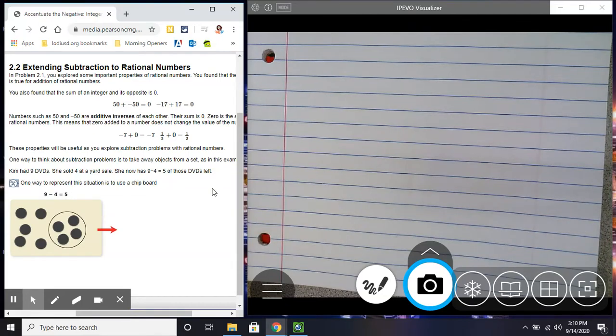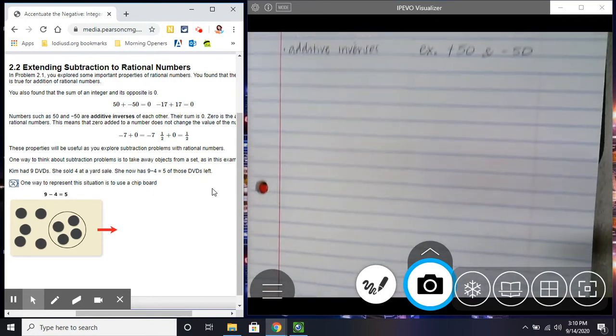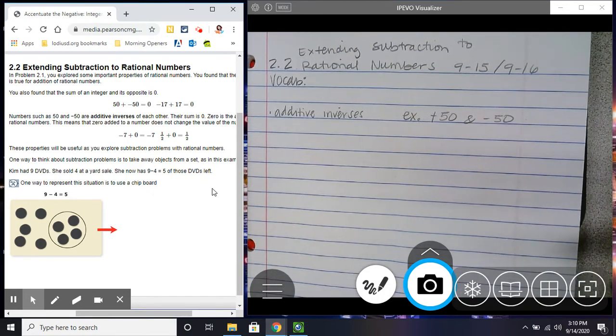Looking at 2.2, there are some notes that I would like to start off with. So,